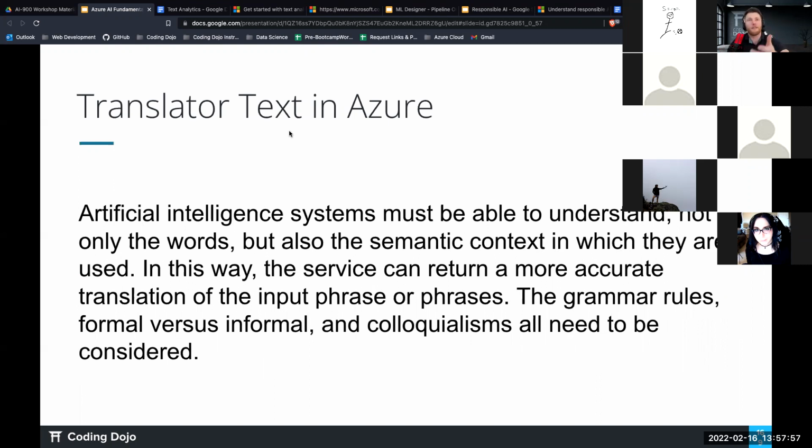And so like adjectives are after the noun. And so just understanding the semantic or something locally, or if you say something in a certain way in one area of the world, it might mean something different in another area of the world. And so the grammar rules, right? Formal versus informal and colloquialisms all need to be considered whenever we are dealing with these translator text, where it's